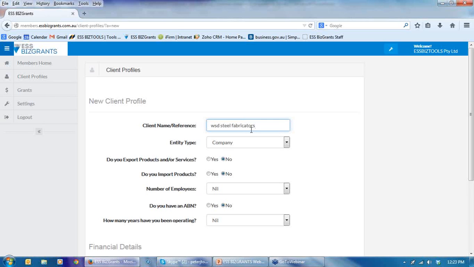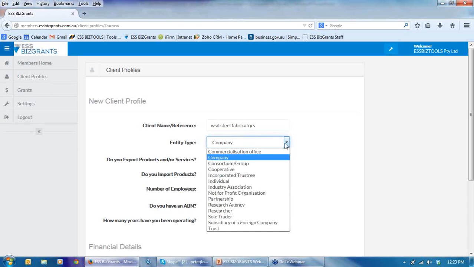So WSD Steel Fabricators. Now you then have a choice as to what sort of entity type this business is. Is it a commercialization office, a company, consortium, etc.? So that choice is there.